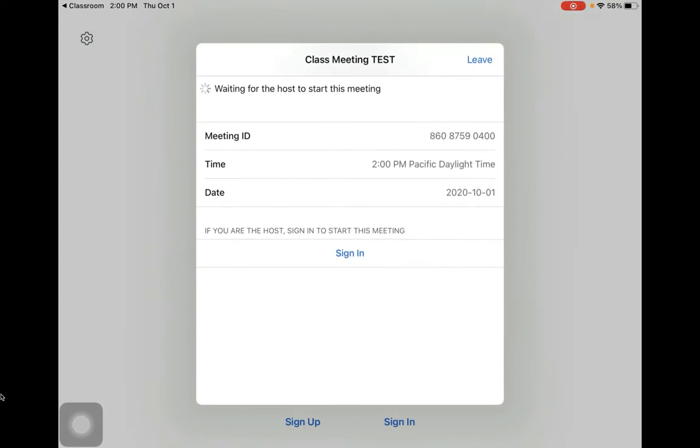Now, I'm not going to sign in for anything. I'm just going to click, and then once the meeting starts, right now I'm in a little waiting room. I didn't have to put in a passcode because it's all included in the link itself. So I didn't have to enter a meeting code or a passcode. But once I am in the waiting room,